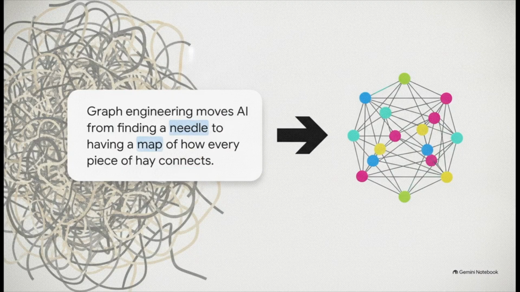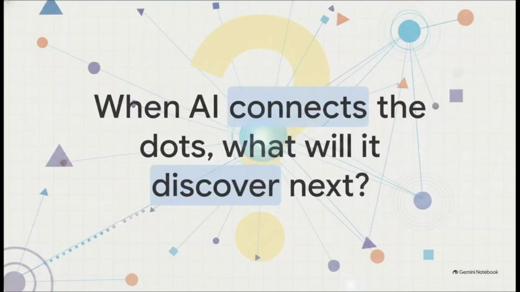To wrap up our core analogy, standard AI forces models to blindly search for a needle in a haystack. Graph engineering gives the AI a literal map of how every single piece of hay is connected. By taking the time to structure your first-party data, your company's unique internal knowledge, you upgrade your AI from a fast-talking guesser into a genuinely smart, highly reliable reasoning engine. The shift from flat data to interconnected knowledge is already unlocking massive improvements in speed, accuracy, and reasoning.